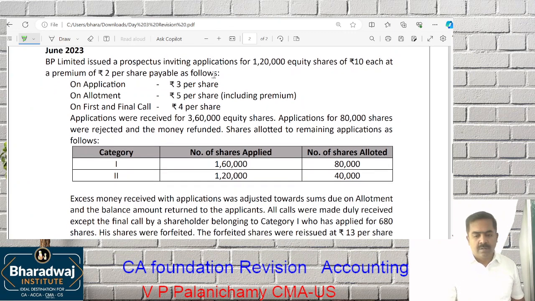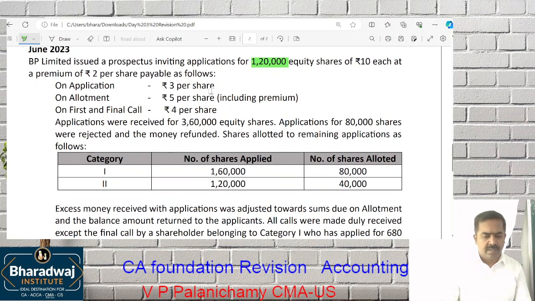Look at how many shares are issued. 1,20,000. It's a very good question. Concentrate 100%. 1,20,000. Application 3 rupees. Allotment 5 rupees. First call 4 rupees. Okay. Application received for